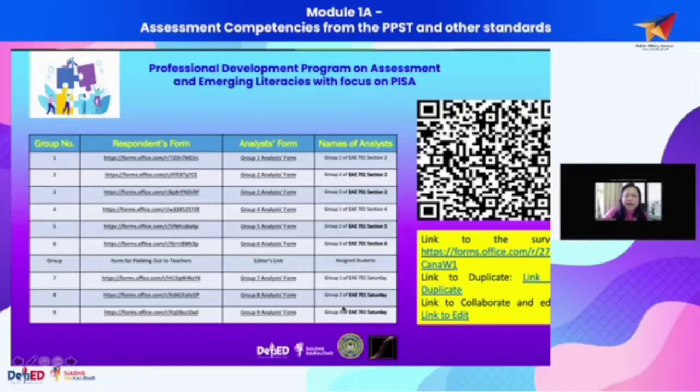Students of mine taking up Educational Assessment Evaluation 701. We call this Measurement Theories, were the ones who helped